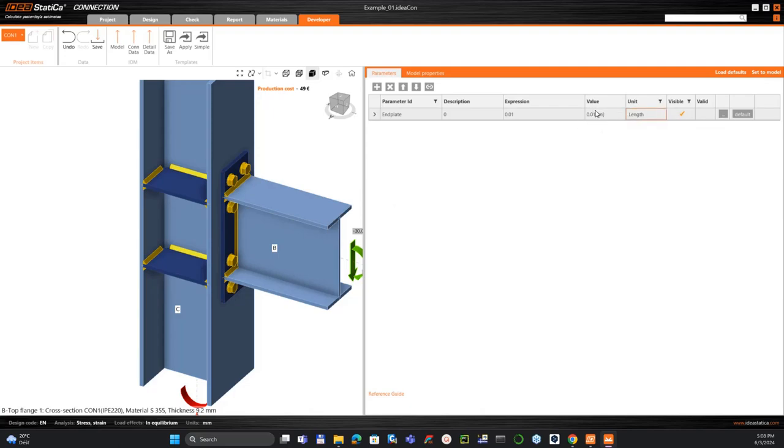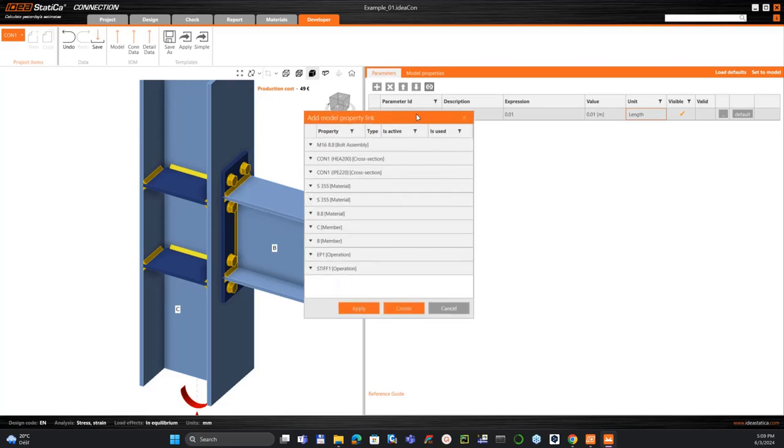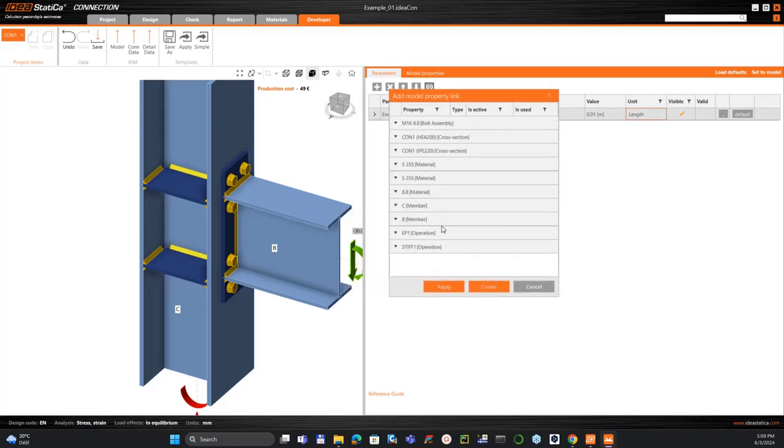Right now, as you can see, the value is 0.01 meter, so it's correct. Now let's assign the thickness to the properties of the parameters. You will just use this new model property link, and what you will see are all the properties that are in the model and how the model has been assembled. So you can assign it to every part like a member, welds, whatever, but we would like to focus on